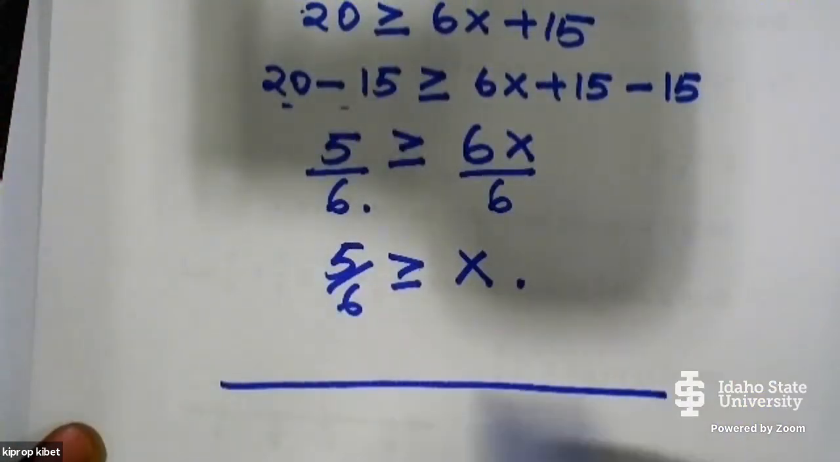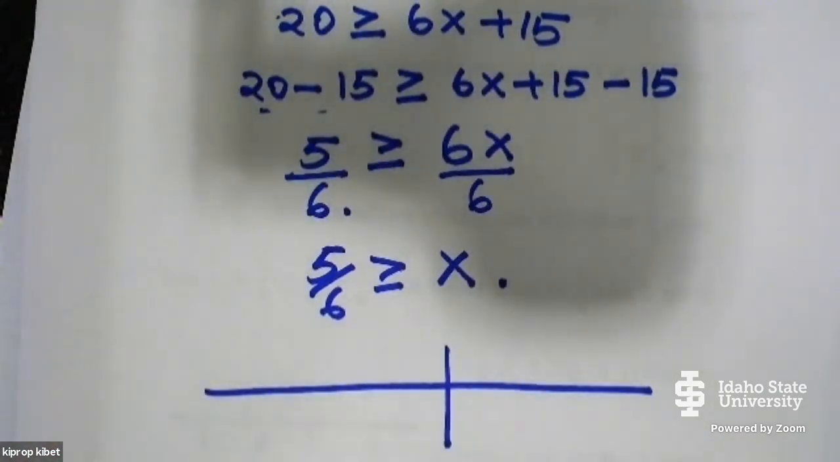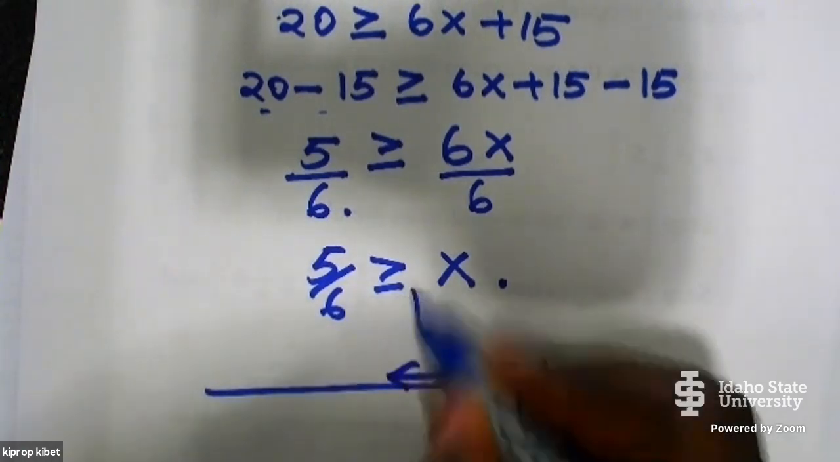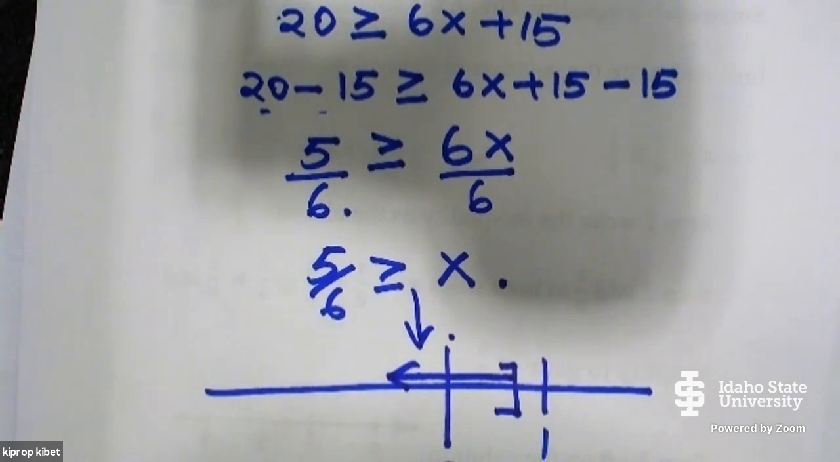Then you draw. So this is 0. So where are we? 5 over 6 is always less than 1, right? So x is less than or equals to 5 over 6. So which direction? Negative direction, right? So let's say it's here, like that. So our notation would be